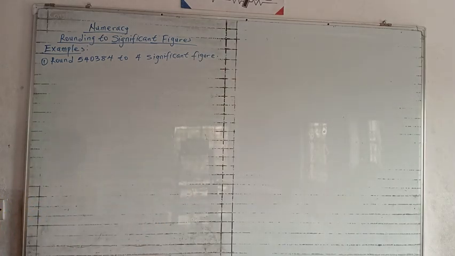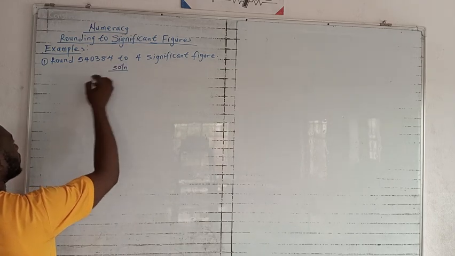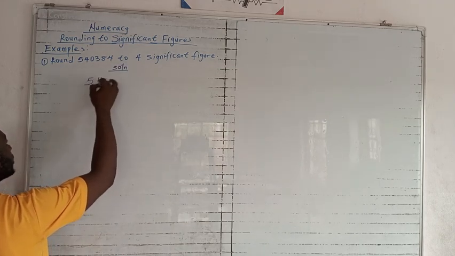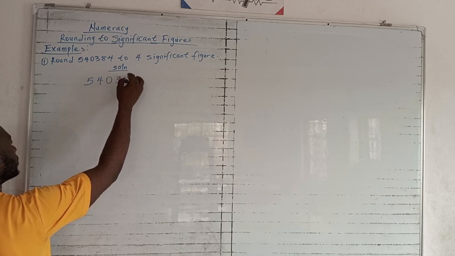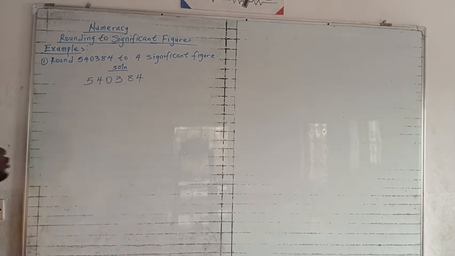The question says round 540,384 to four significant figures. So, solution. Here I have 540,384. To round this number to four significant figures,